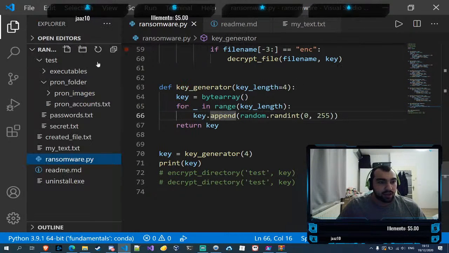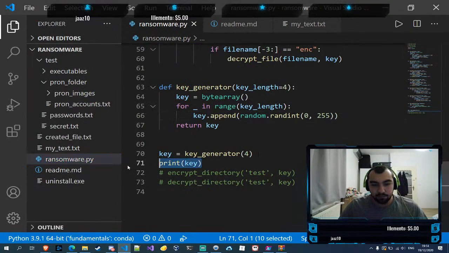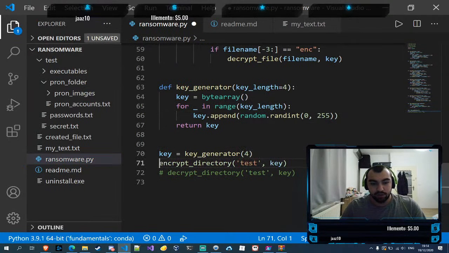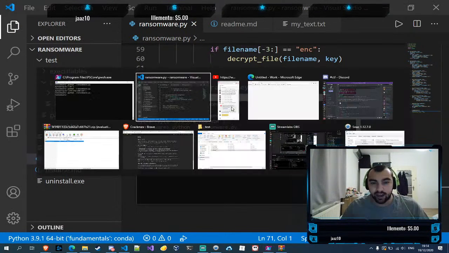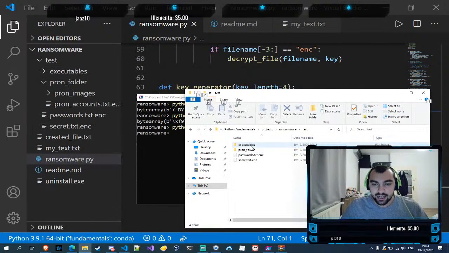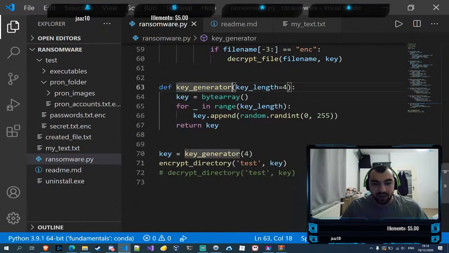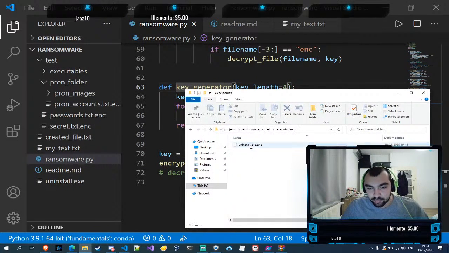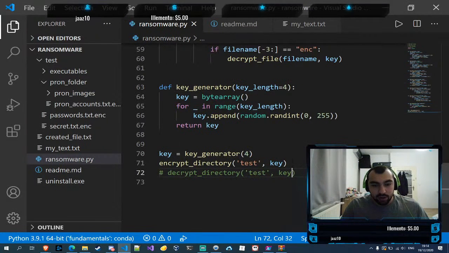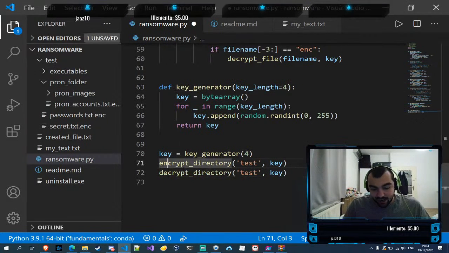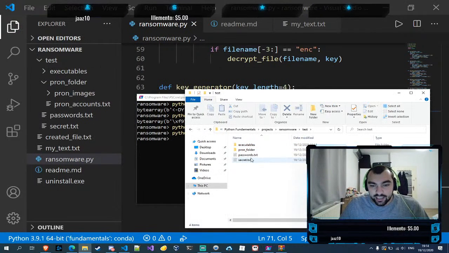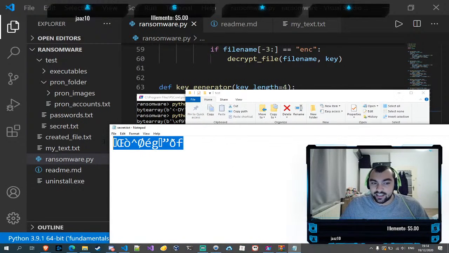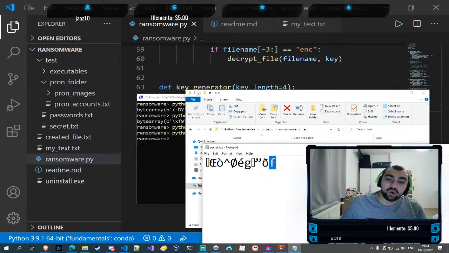So let's say I'm going to encrypt this with a random key. I don't care about this directory because it's just a test directory. So I encrypted it with a random key, and I didn't print it. I have no idea what the key is, so it's encrypted. But I'm going to decrypt it with a randomly generated key again. And when I do this, it seems like it's decrypted, right? And it's secret.txt, and it has text inside. But if you don't know what text was inside, you don't know if it's the